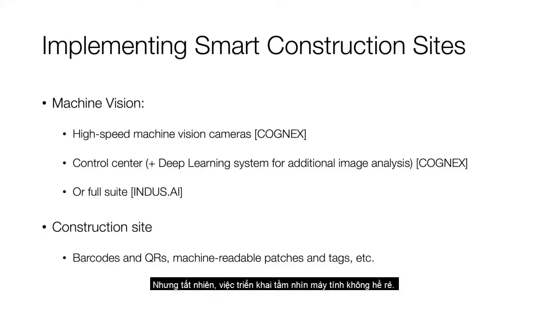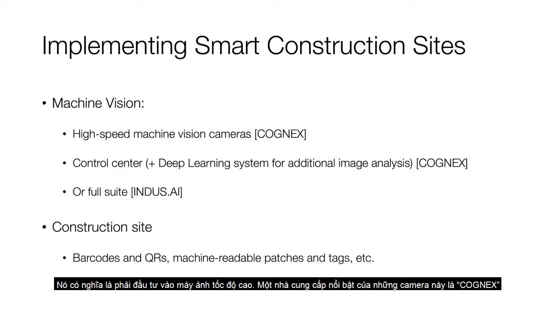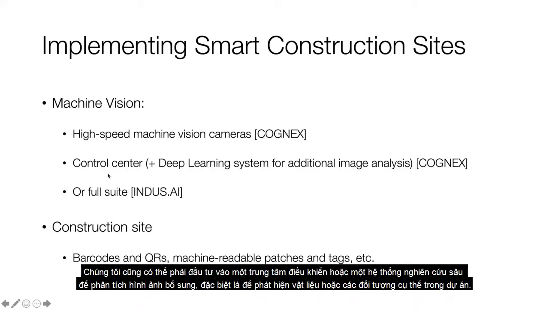But of course, implementing computer vision or automating construction sites does not come cheap. It means having to invest in high-speed machine vision cameras. One prominent supplier of these cameras is Cognex. We may also have to invest in a control center, an additional deep learning system for additional image analysis if we want it to be more specific, especially for detecting materials or detecting very specific objects within the